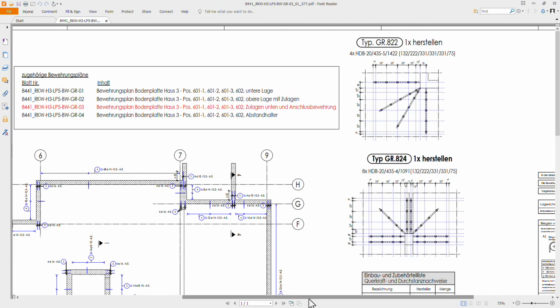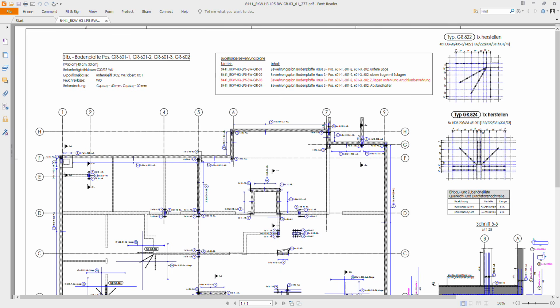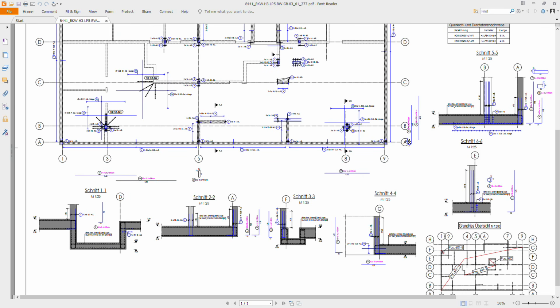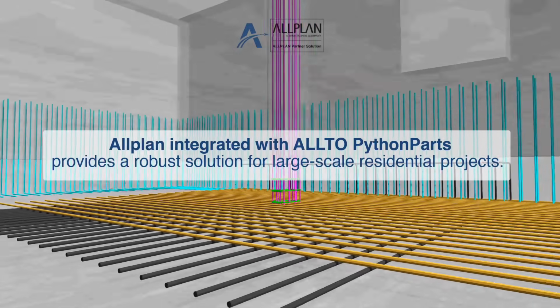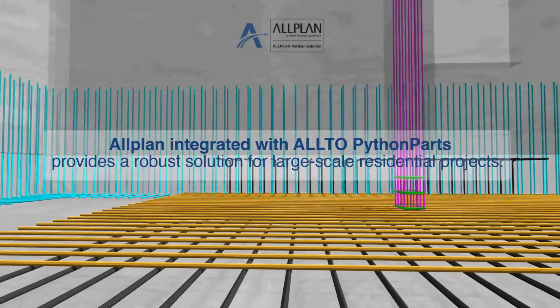ALLTO Slab tool and punching shear Python parts significantly reduce manual work, improve accuracy, and expedite the generation of detailed rebar drawings for both slabs and critical punching shear zones,